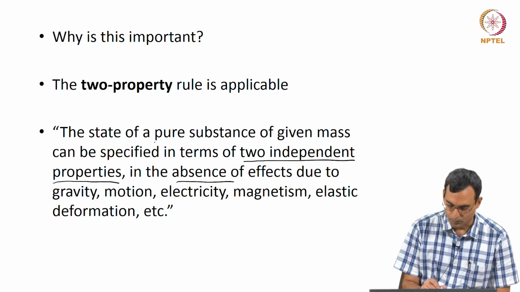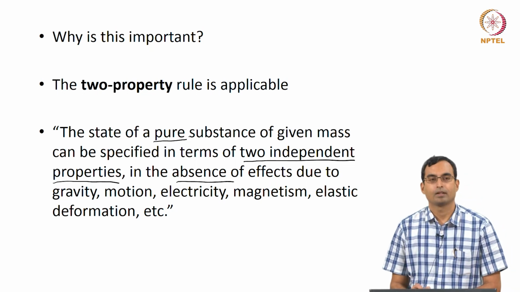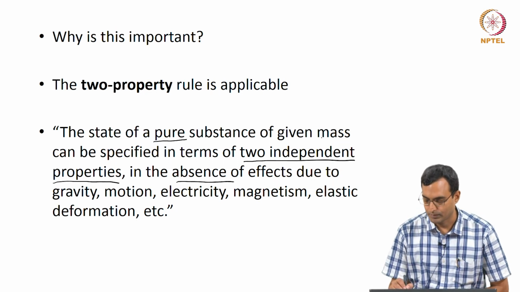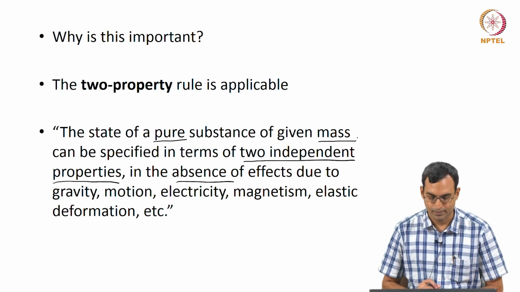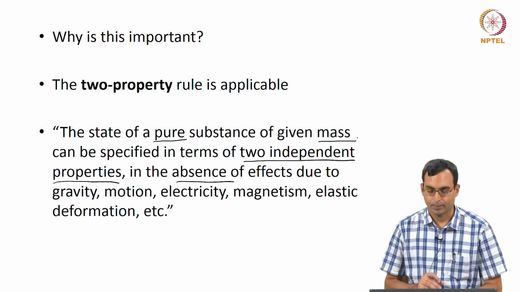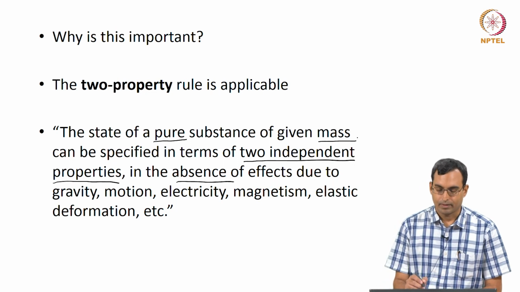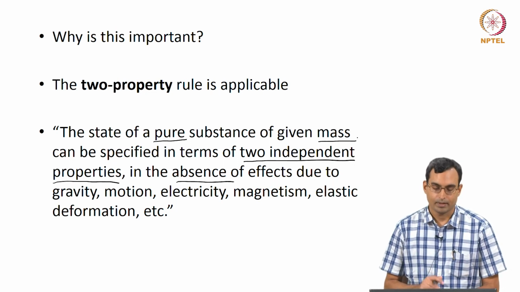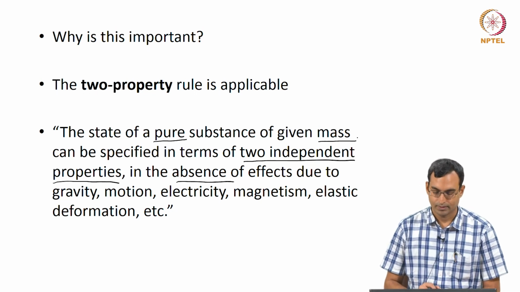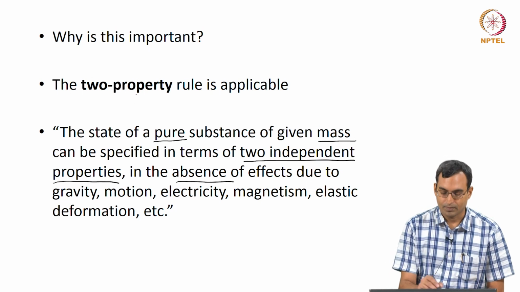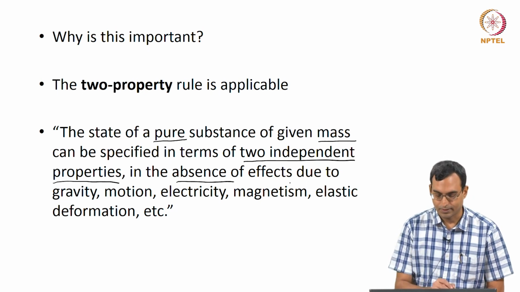So, I am going to underline a few more things. We are looking at a pure substance here. What we are saying is we can specify the state if we know two properties. Of course, we should know the mass. For a given mass, we can find out this state in terms of two properties, or if we are looking at intensive properties, then it is all right. But these two properties need to be two independent properties, which means they cannot be dependent on each other. We will look at some kind of dependent properties maybe in the next lecture when we talk about two phase mixtures. But we can specify in terms of two properties only if we do not have these other things, where